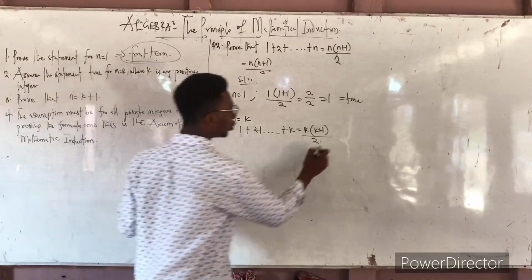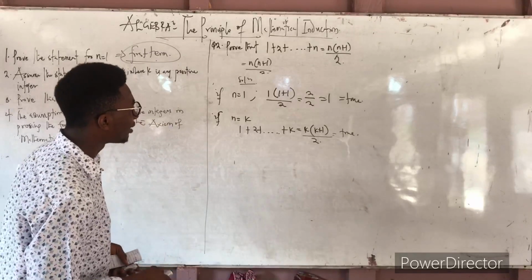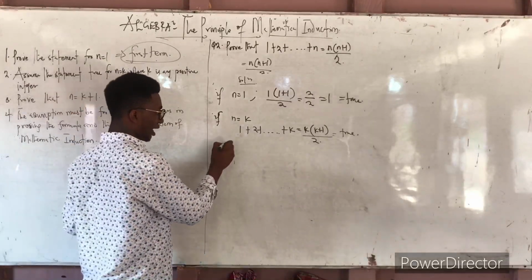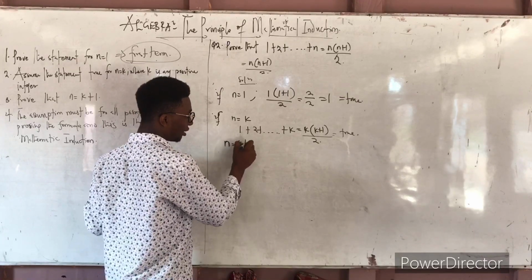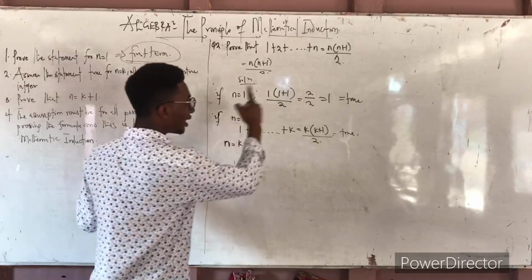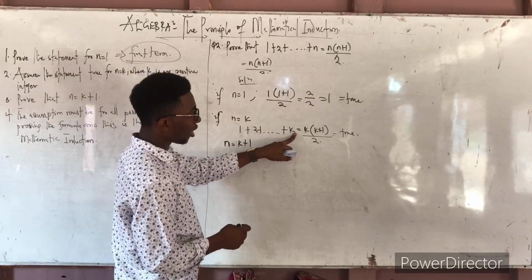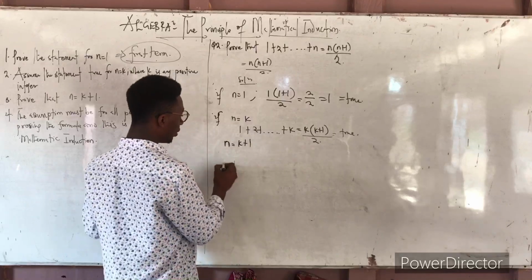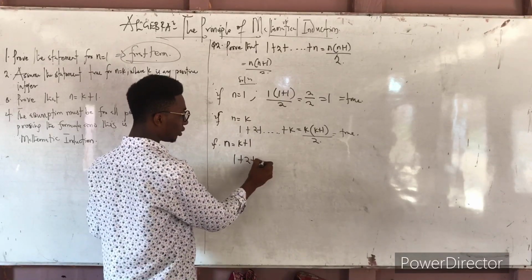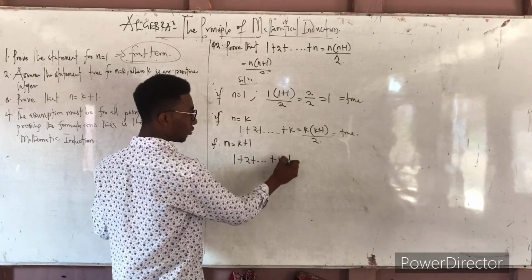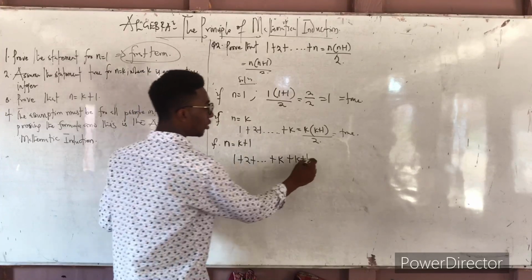And that is also true. So our inductive hypothesis is also true. If our inductive hypothesis is true, then we put n equal to k plus 1. So that means our next thing, if n is equal to k plus 1. So it's more or less like we are now putting in our next thing. So we get 1 plus 2 plus ... plus k plus 1. So that's our next thing, which is equal to